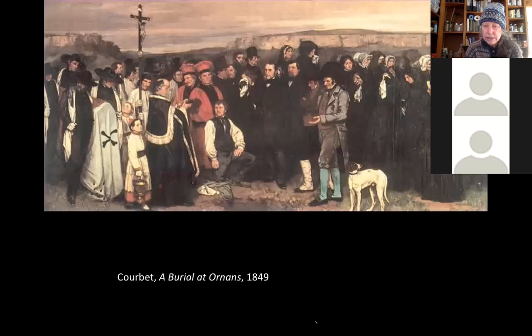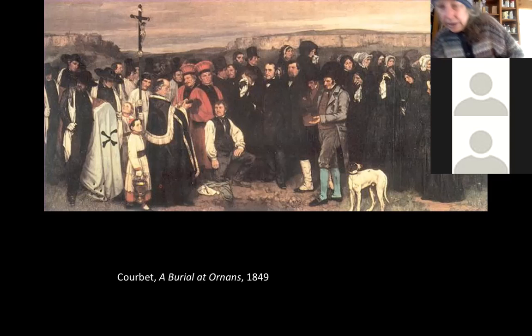Okay, so this is an even bigger Courbet painting. So it's on the scale of history painting. I think this one's like 20 feet long or something. But the subject matter is not what academic art was supposed to be. In other words, it's a burial or a funeral, actually the burial part of the funeral, in Ornans, where he was from, a very small and to Parisians insignificant town in France.